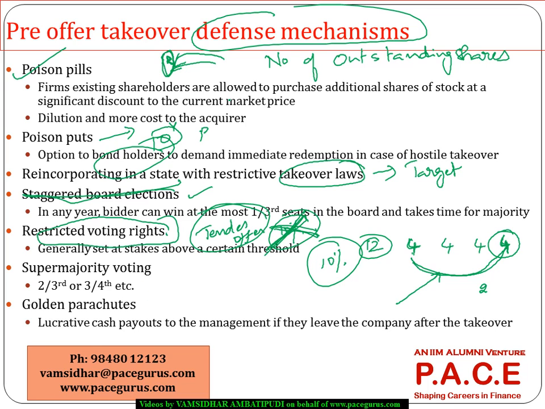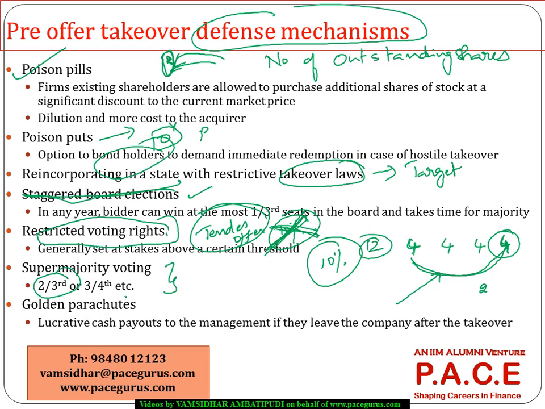So that is something that can be planned, or sometimes it could be said that for such kind of deals like mergers or acquisitions, it's not sufficient to just get the opinion of a majority of shareholders, but it needs to be a super majority. Either 2/3 of the shareholders need to approve, or 75% of the shareholders need to approve it. So that's a kind of super majority that could be brought in.